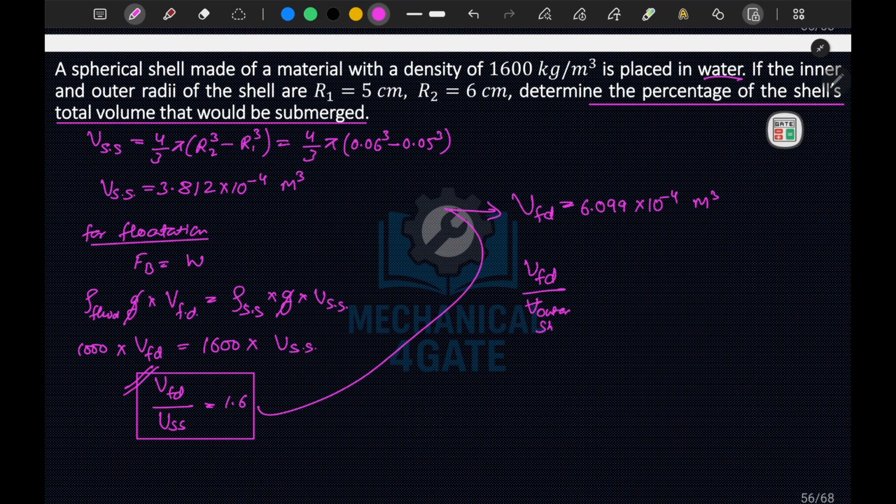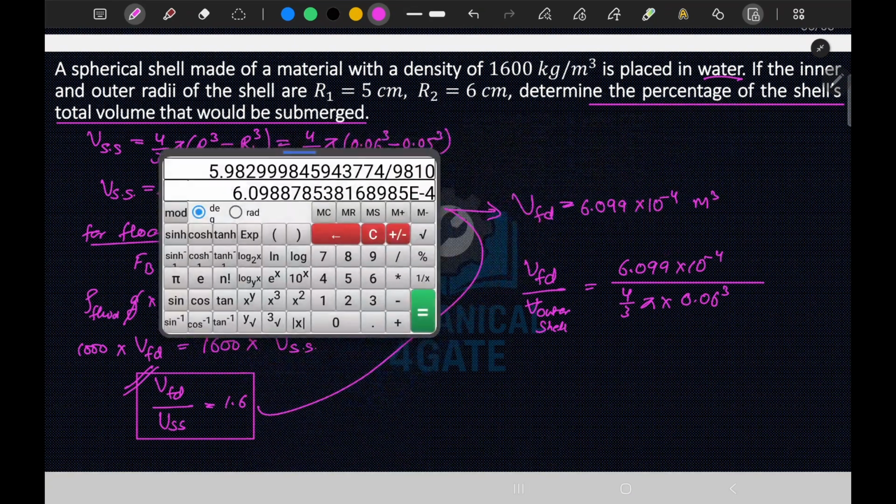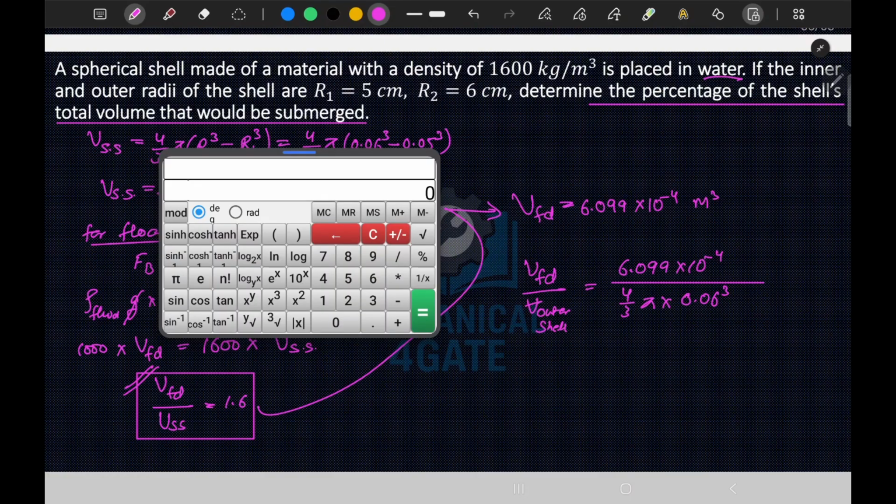We know the volume of fluid displaced is 6.099 into 10 to the power minus 4, divided by 4 by 3 pi r outer cube. Our outer radius is 0.06, cubed. So let's solve this. This is 6.099 into 3, divided by 4, divided by pi,